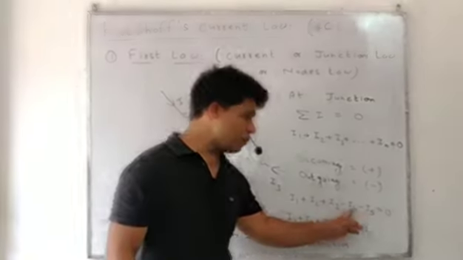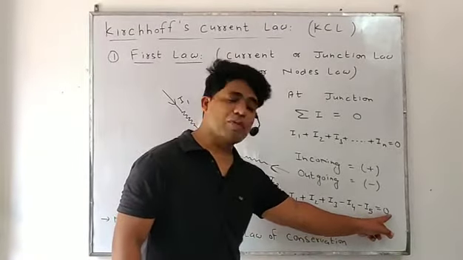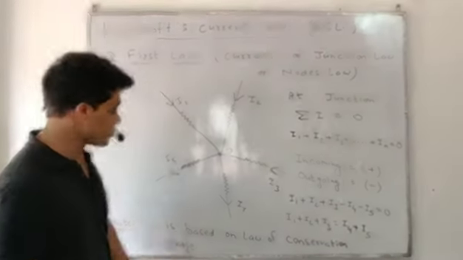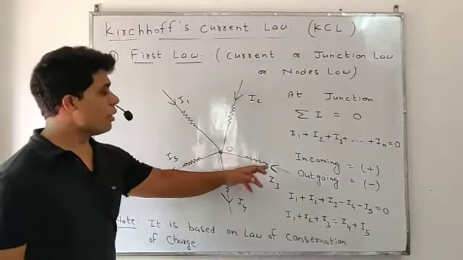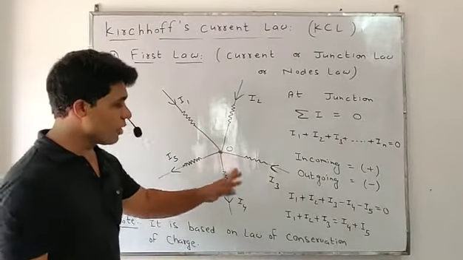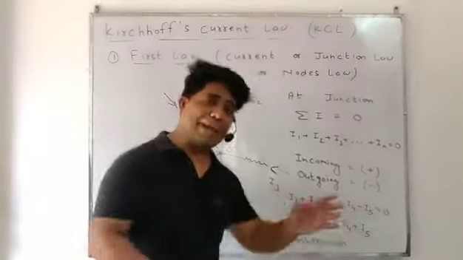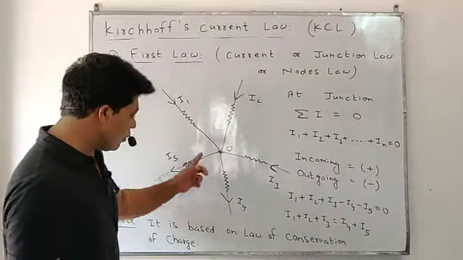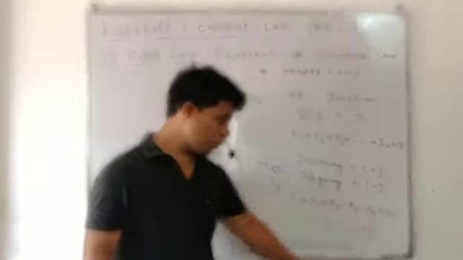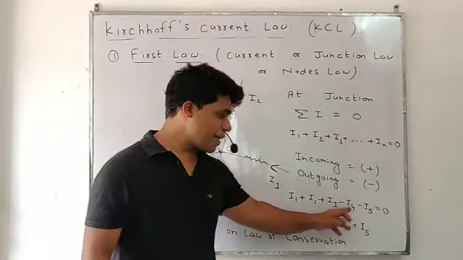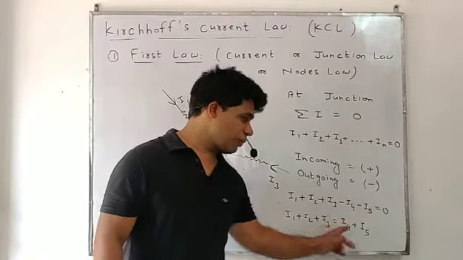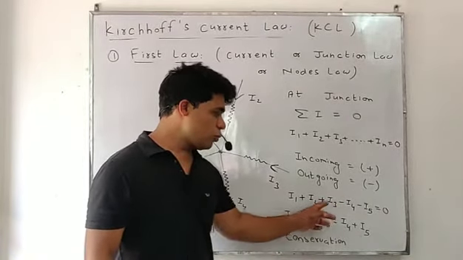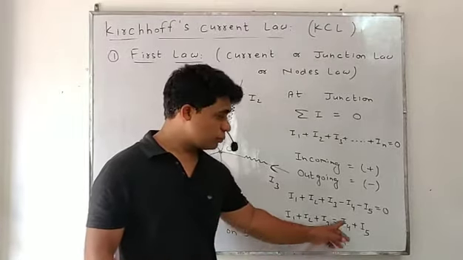So it will be minus I4, minus I5, and the sum will be 0 as per Kirchhoff's first law. Entering current will be considered with positive sign, while leaving current will be taken with negative sign. So when we transfer minus I4 and minus I5, we get I1 plus I2 plus I3 equals